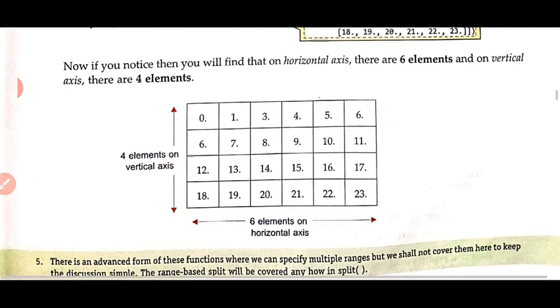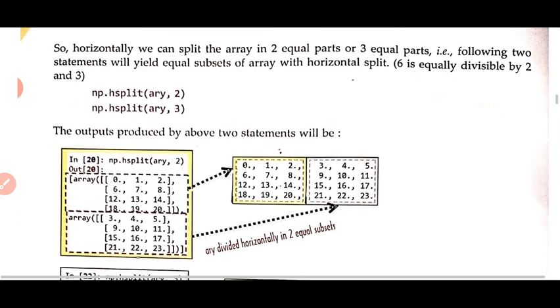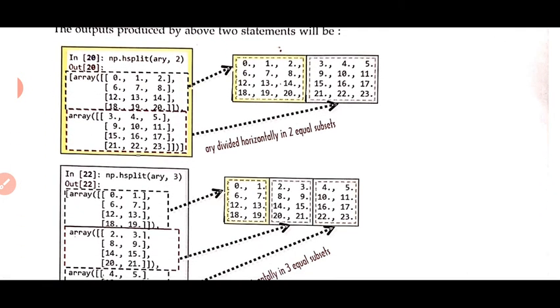Now see how we will use this array in our examples. First we are going to do horizontal splitting. Why are we going to do a split? To get a subset. What is a subset? Just a part of a pre-existing array, in the form of an array only, from a pre-existing array.